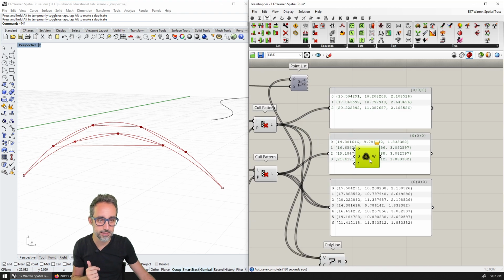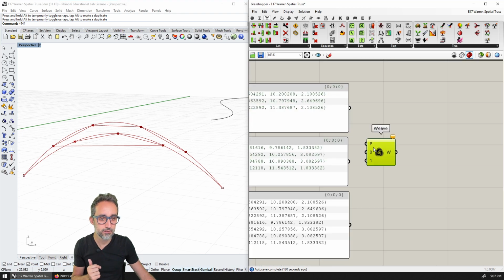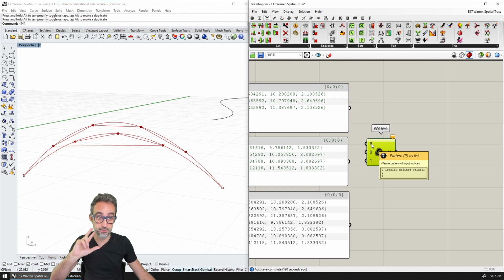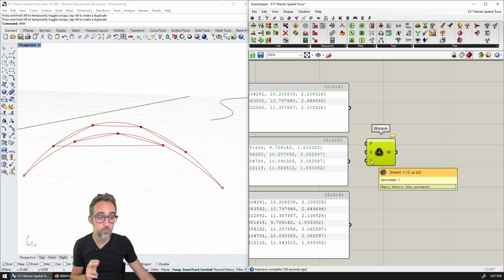The component says, can I use a pattern of input indices, so 0 and 1, 0 and 1, etc. And then here under 0 and 1, we have the streams of data that we want to mix. What does that mean?